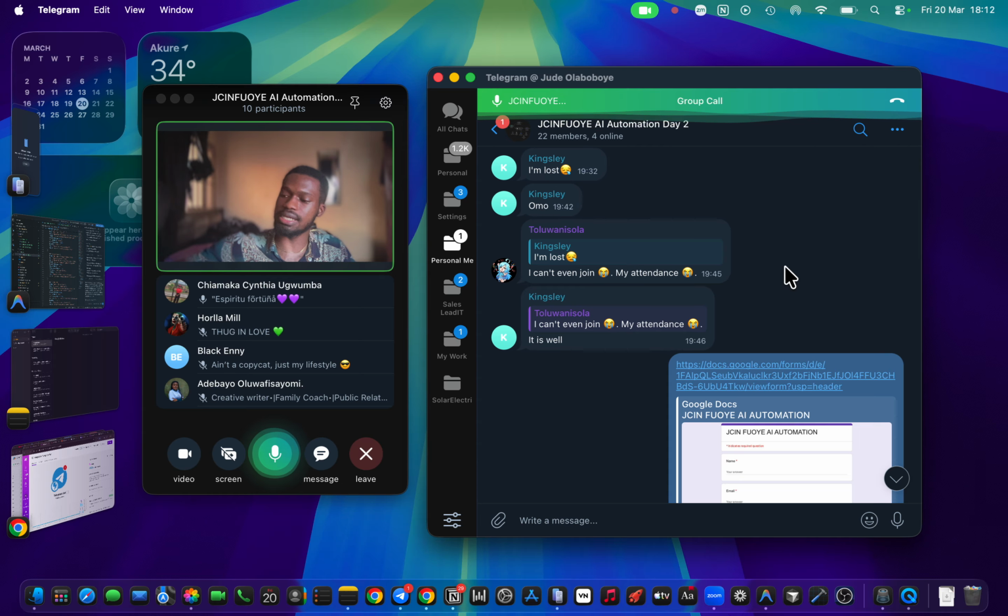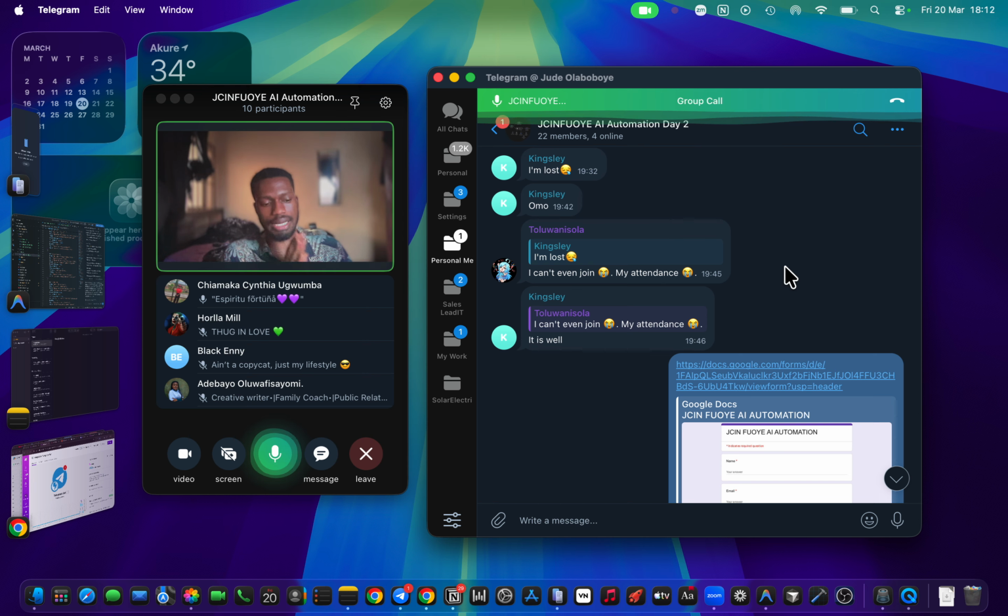But the thing is, you don't have to rush it. You have to just take it. When it comes to automation, you have to take it a step at a time. But the main idea is you need to be able to know what exactly you want to build. You need to be able to understand, like the class we had yesterday, which I'm also going to do a revision on, very quick.